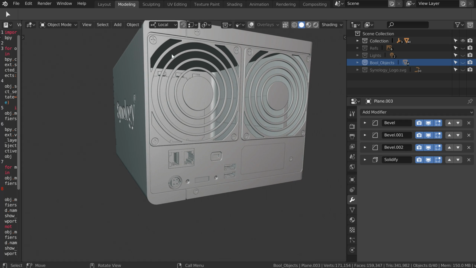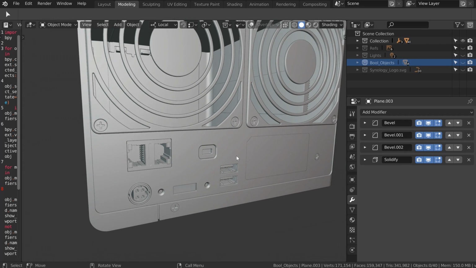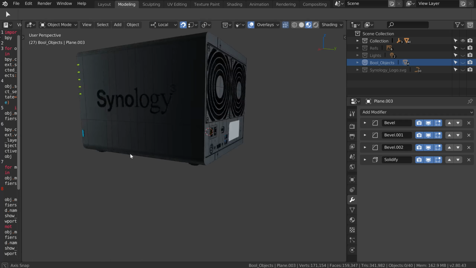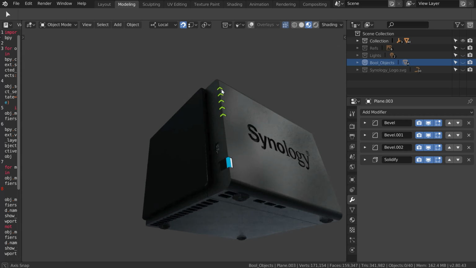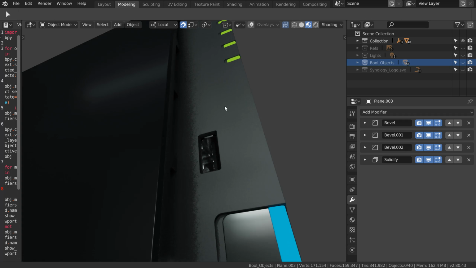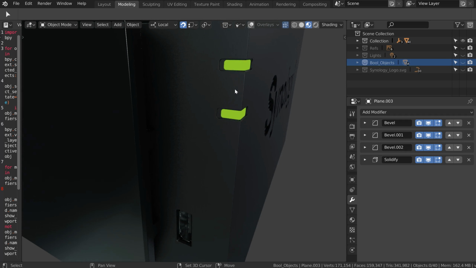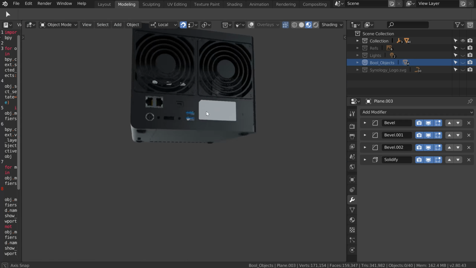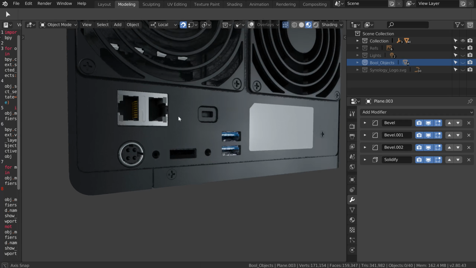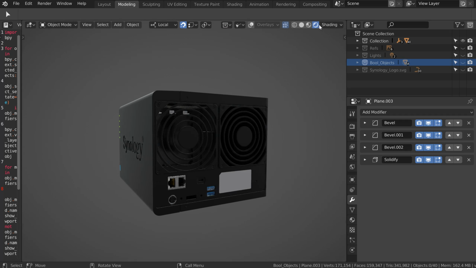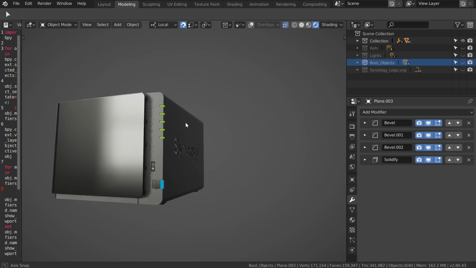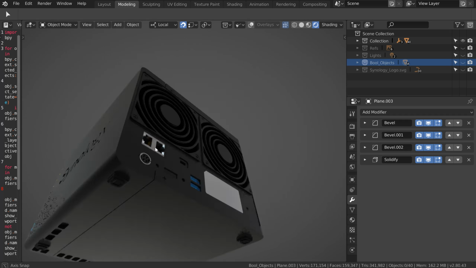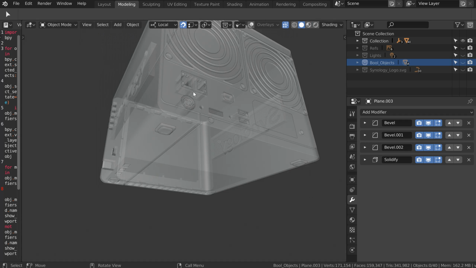I am not finished, I need to finish this part to add a part here, and I will make an Eevee render at the end. So, just come here, hop. This is the result for now, just to check if everything is nice like that. I added some bevel, some bump here, a little noise, and I have this. So, as you can see, this is pretty interesting. I wasn't in Eevee, haha. So, in Eevee, this is that. Need to add some light, but this is pretty nice.